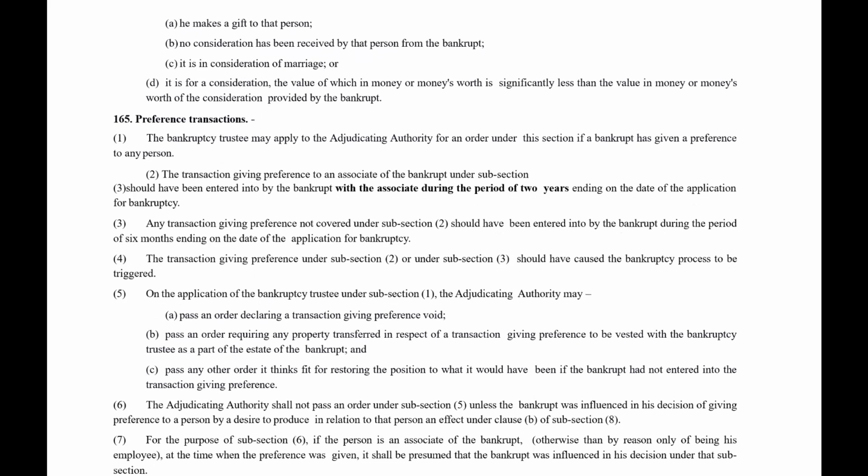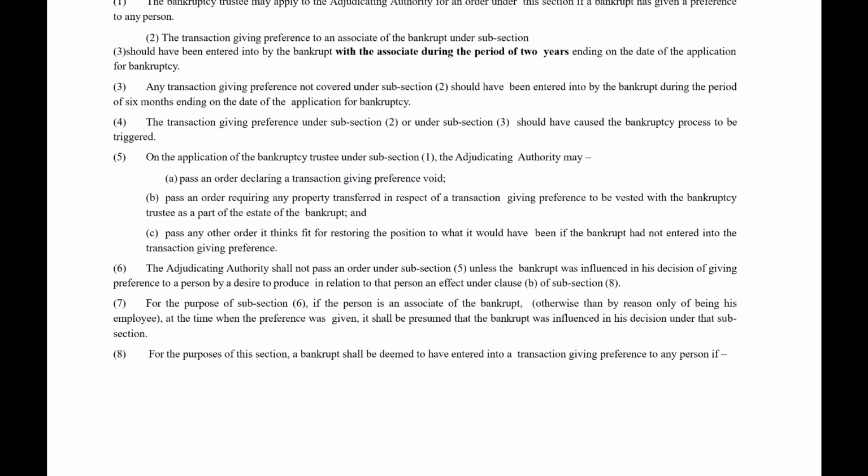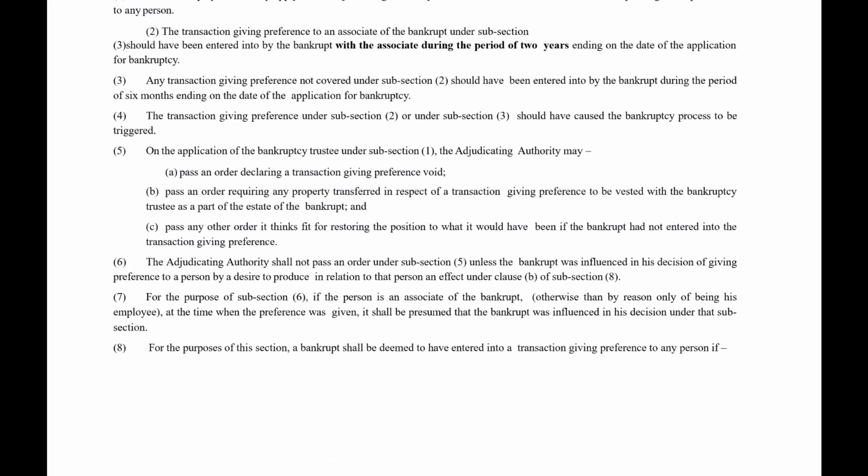On the application of the bankruptcy trustee under subsection 1, the adjudicating authority may pass an order declaring the transaction void, pass an order requiring the property to be vested back, pass any other order as it deems fit. ठीक है? The adjudicating authority shall not pass an order under subsection 5 unless the bankrupt was influenced in his decision of giving preference to a person by a desire to produce in relation to that person an effect under clause B of subsection 8. ठीक है? तो वो क्या इफेक्ट है वो भी देख लेते हैं।